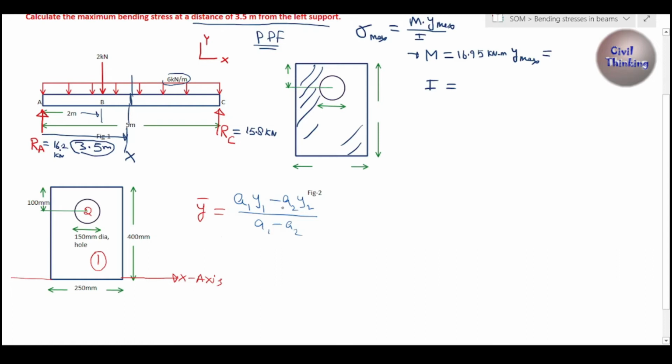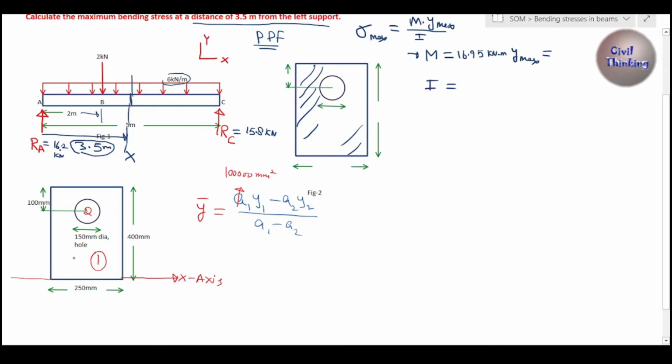Now a1 is the area of this rectangle, assuming there is no hole. So what will be the value of a1? The width is 250 and the depth is 400, right? So a1 is 400 multiplied by 250. How much is it? A1 is 100,000 millimeter square. Okay, now y1 is the depth of center of gravity of this rectangle, assuming there is no hole